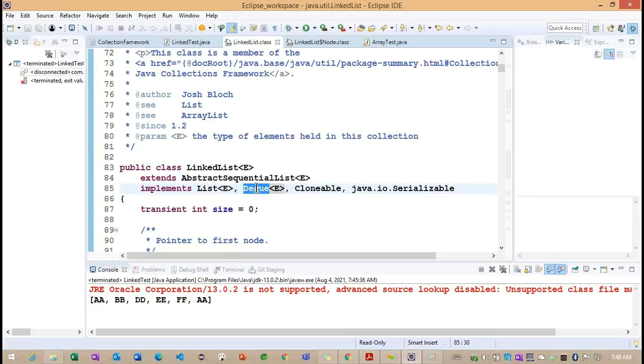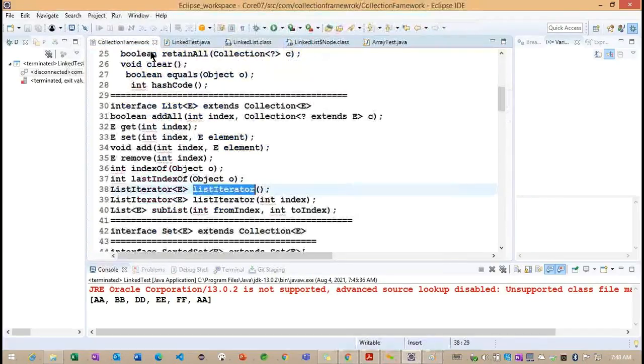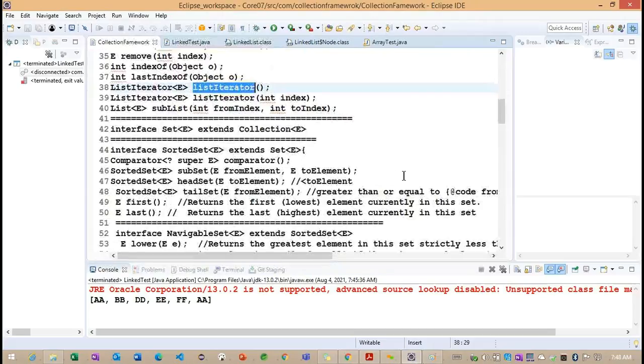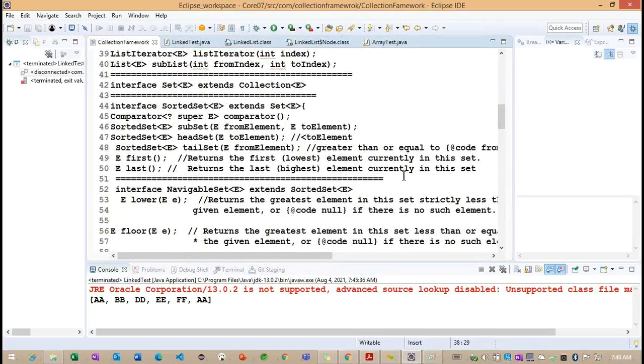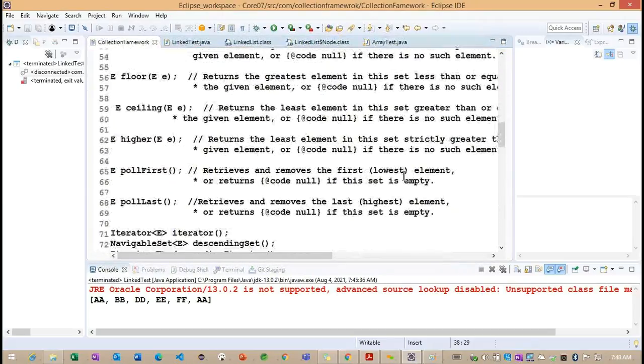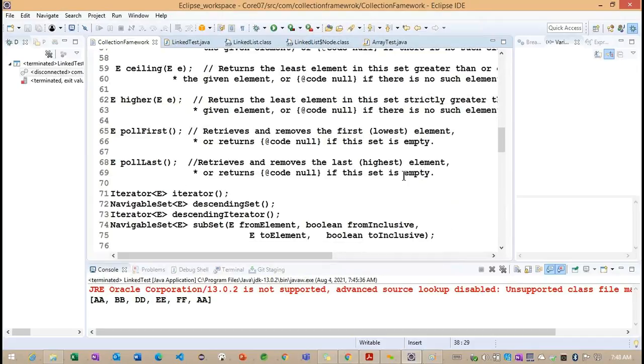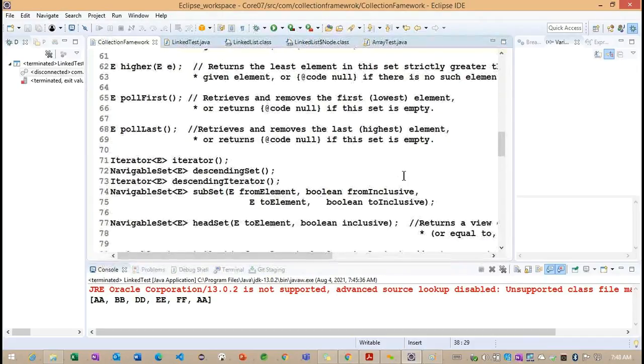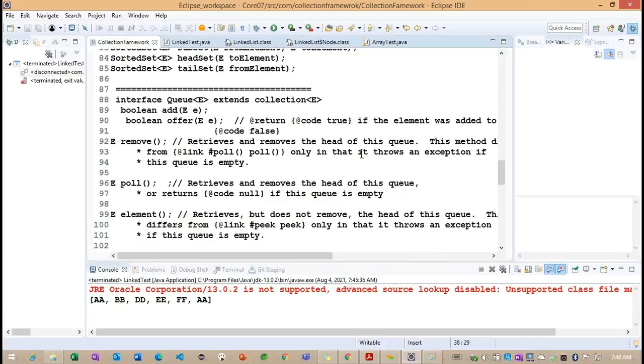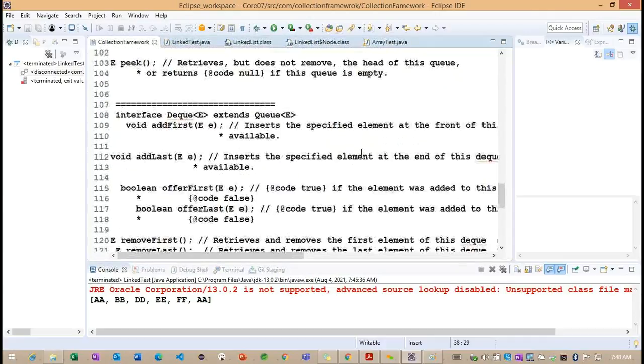Whenever it is implementing this particular DQ interface, we already discussed the DQ interface here. What are the methods we are having inside this particular DQ interface? So we need to understand here. DQ interface, right? And we are having the add first method.